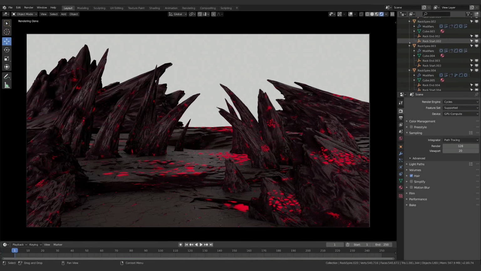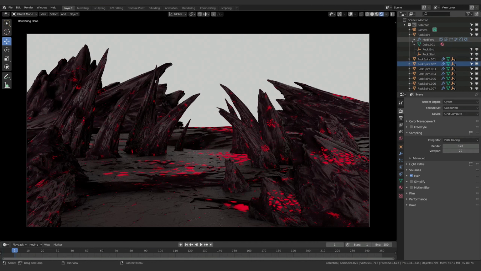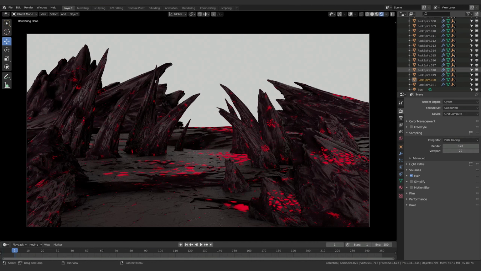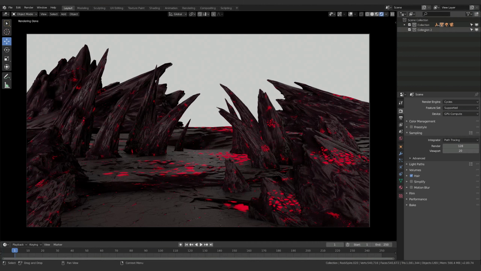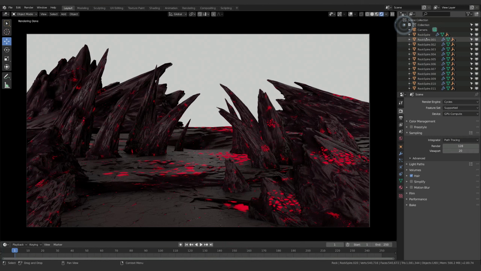So I'm going to collapse these all down so that we can have a look at organizing our project a little bit better. And we're going to create a new collection. Now, collections are ways of organizing your scene. I'm going to create a new collection, and we're just going to rename this rock, and leave it at that. And let's select everything. So we'll select all of our rock spires,